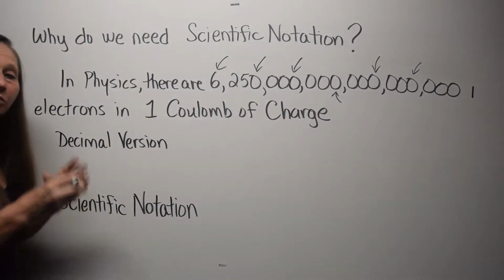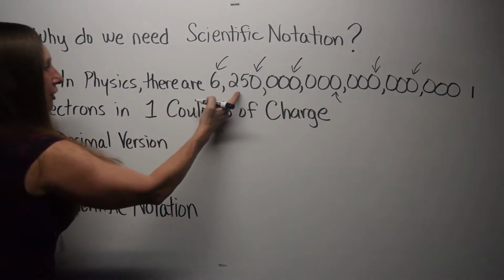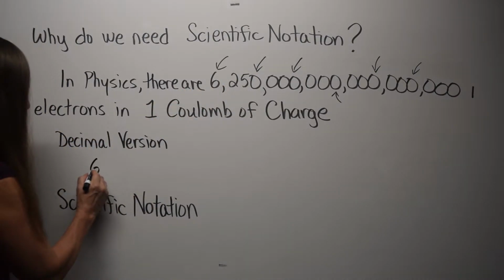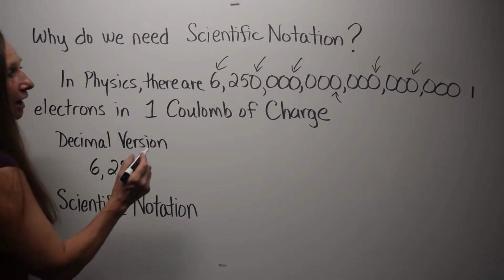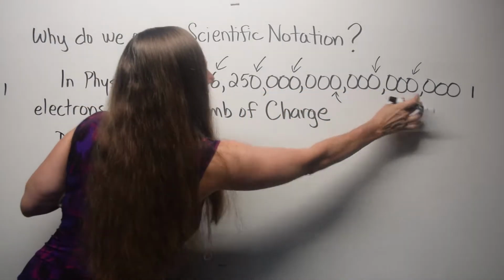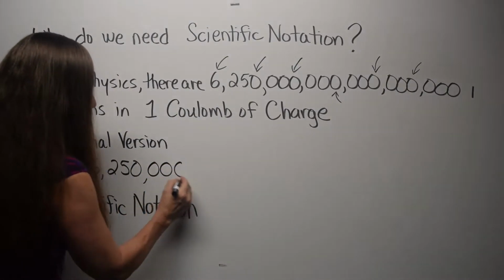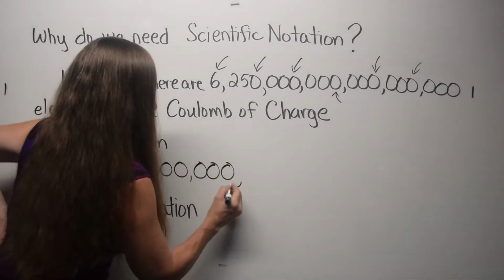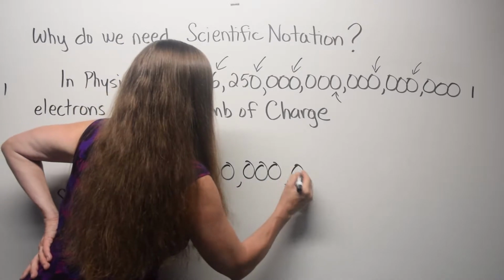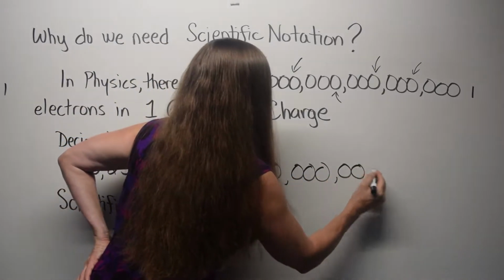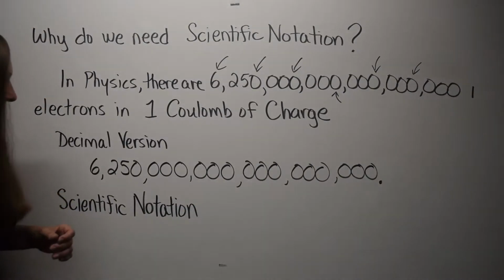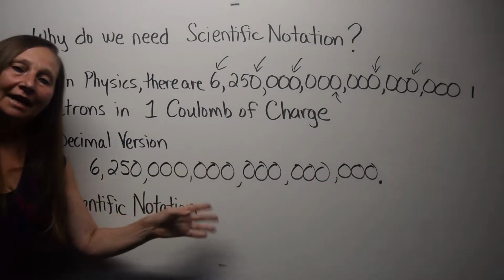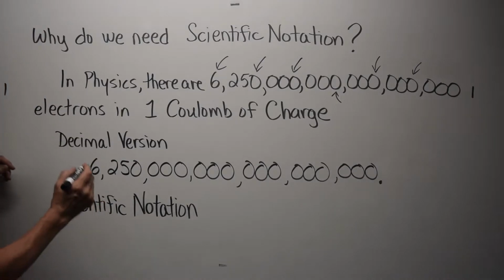So would you rather write out the decimal version of this number? All right, I'm just going to copy it again. So it'd be 250 followed by 15 zeros. All right, 1, 2, 3, 4, and the decimal would be there. All right. So would you rather write out that number in decimal form, or would you prefer to write out